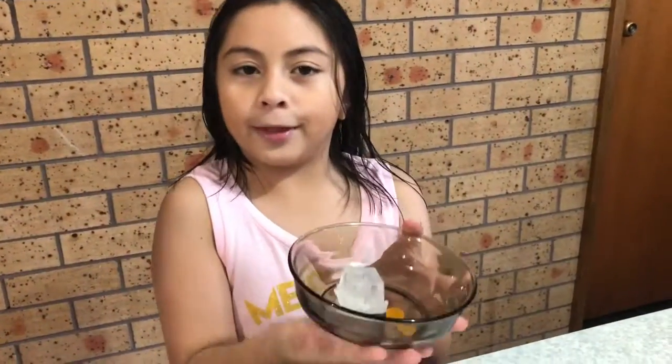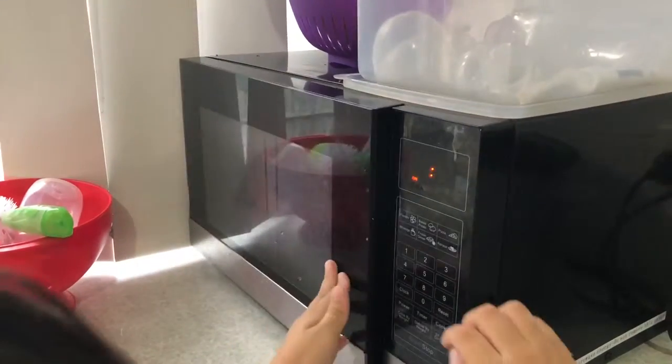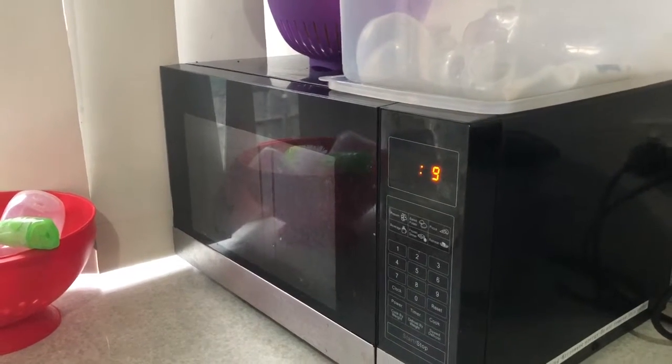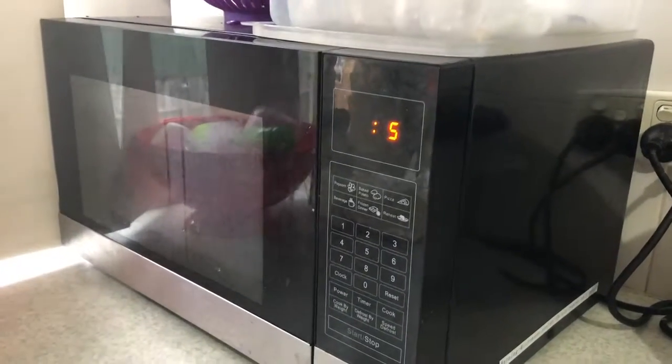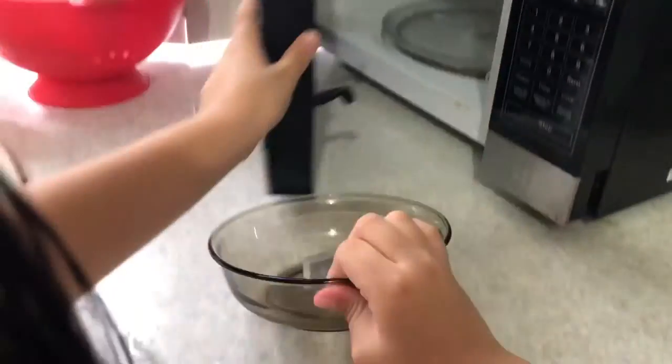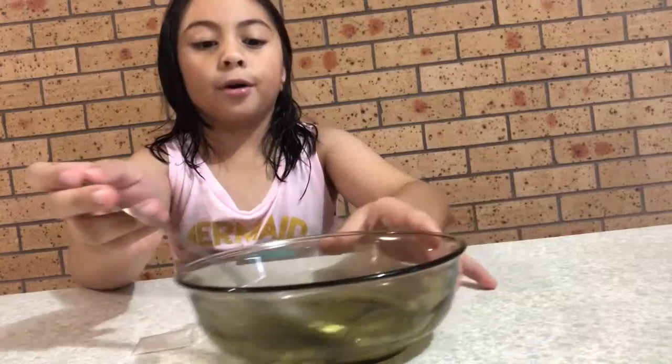So what we need to do is microwave the soap for 10 seconds. Yeah, 10 seconds. And then, so guys, we are going to go to the oven and put this in and melt it for 10 seconds. Be careful. So guys, the soap dissolved because we put it in for about like 3 or 4 times, and